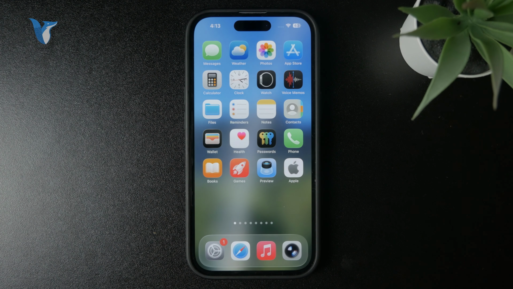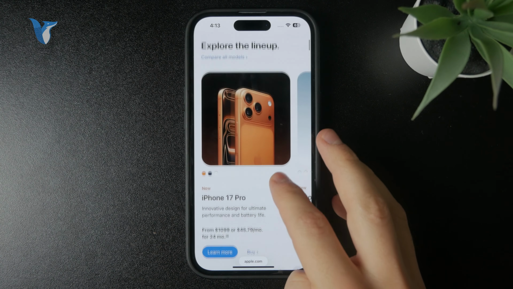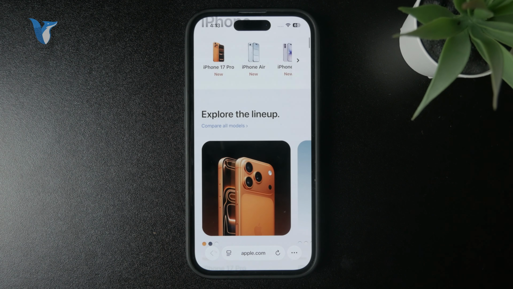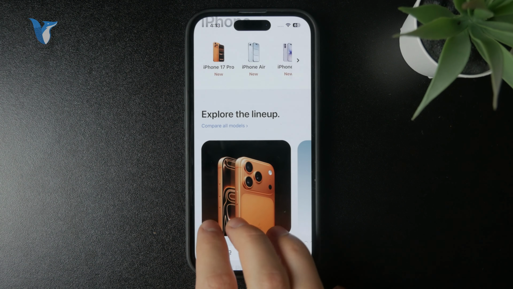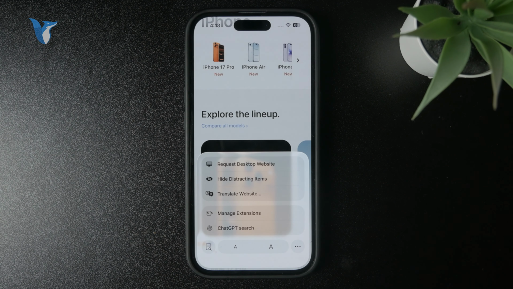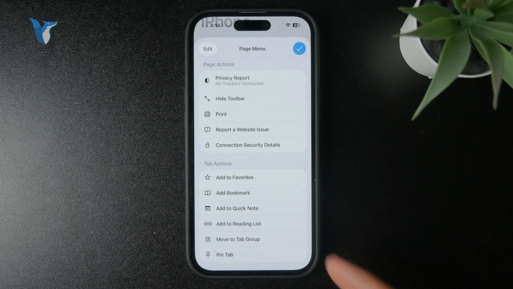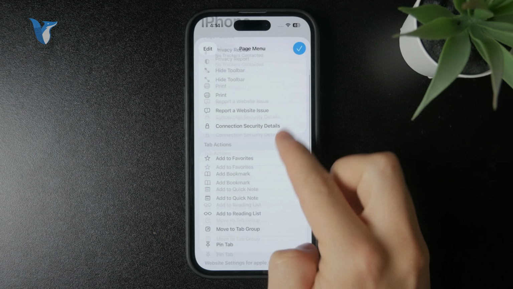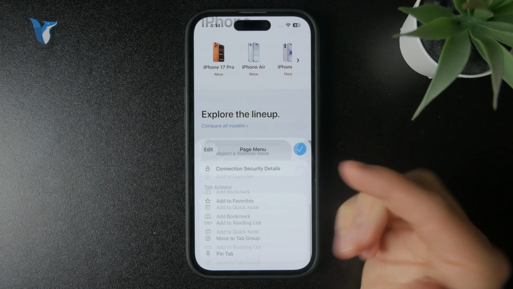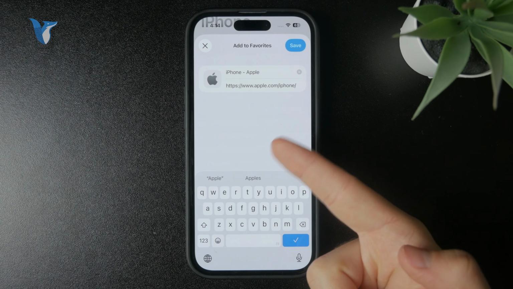If you are browsing a web page inside of Safari and you want to save it to favorites, locate the URL, which is like the website name, and then next to it we should see the rectangle button with lines. Not sure how it's officially called, but you need to tap on this. Some options are going to appear right away, but I want you to click on more, and then there you should find the button to add it to your favorites. So it should be indicated by the little star icon, and that's how you can add websites to your favorites